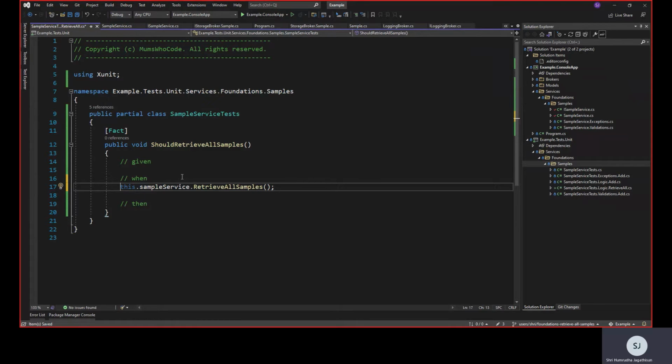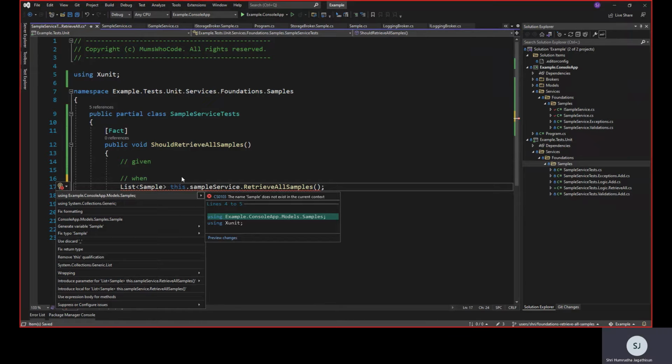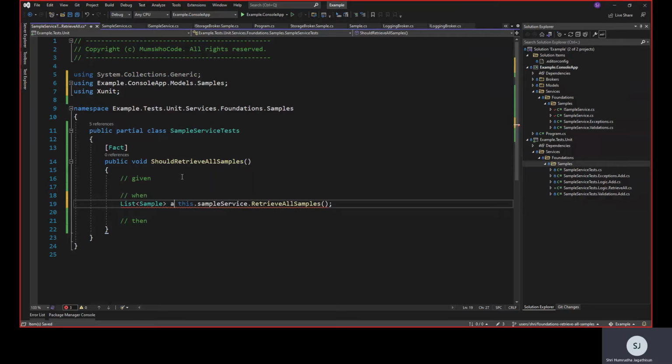So I need to store that return so that I can validate it against the data that I'm preparing. So here I have to say list of sample. That's the return type for the method, right? Let's resolve this one here, and this is going to be actual samples,